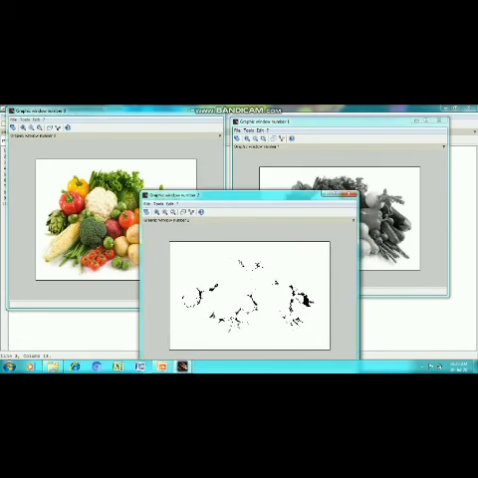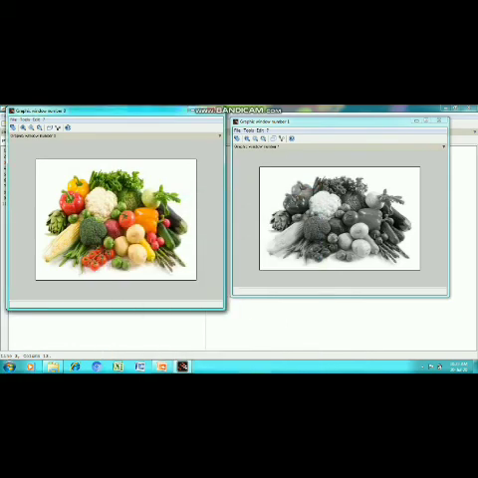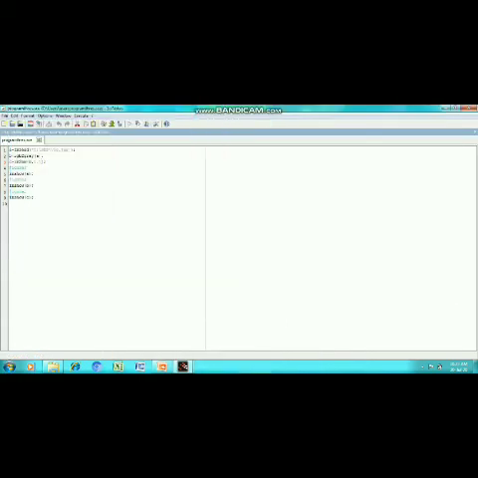Okay, see here. Since I have kept a very low threshold, almost all the pixels get replaced by 1, so it looks very bright. All the pixels have become white. Now let me change the threshold to 0.7. The threshold is larger, 70%, so not all the pixels will be white.